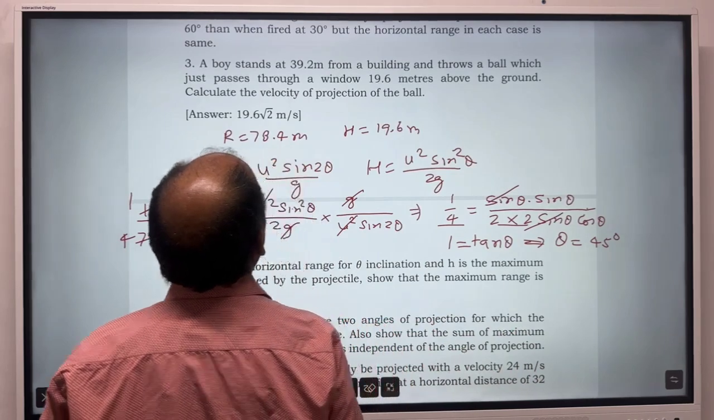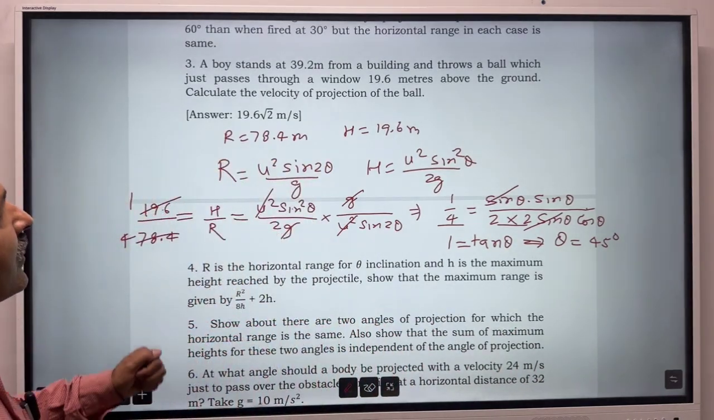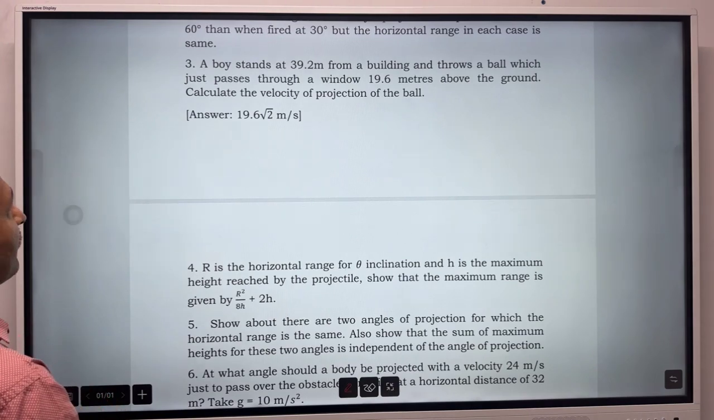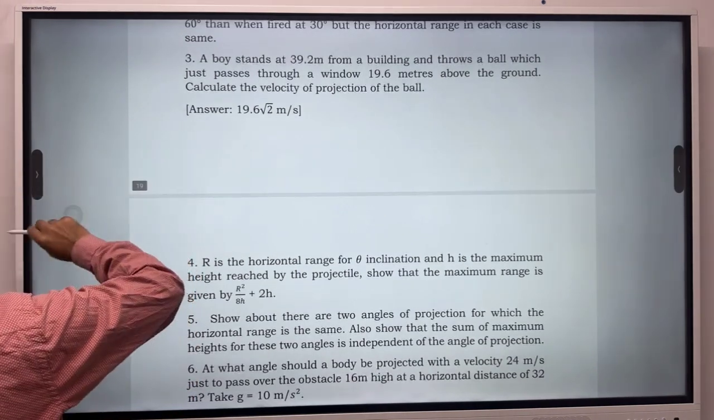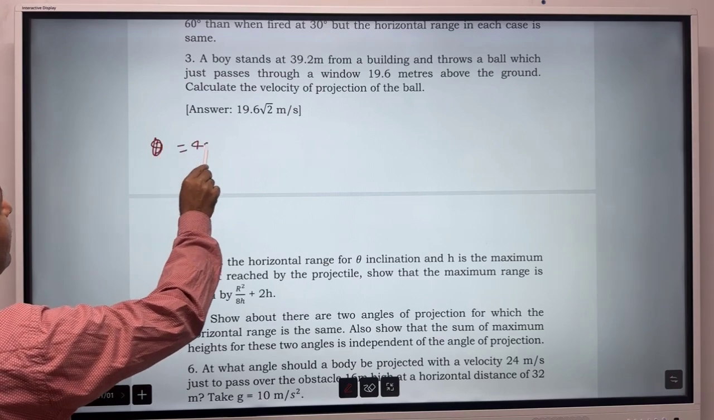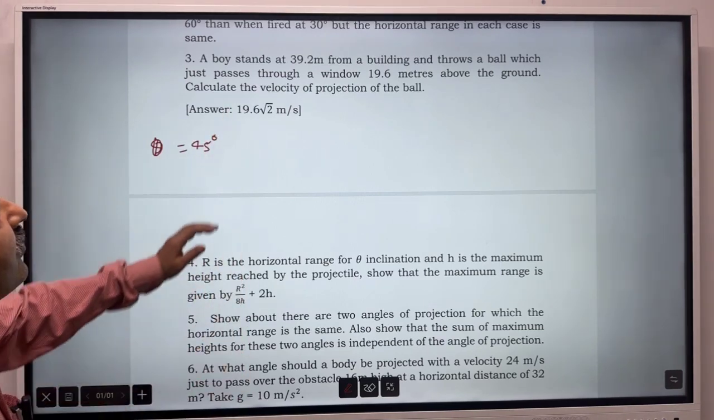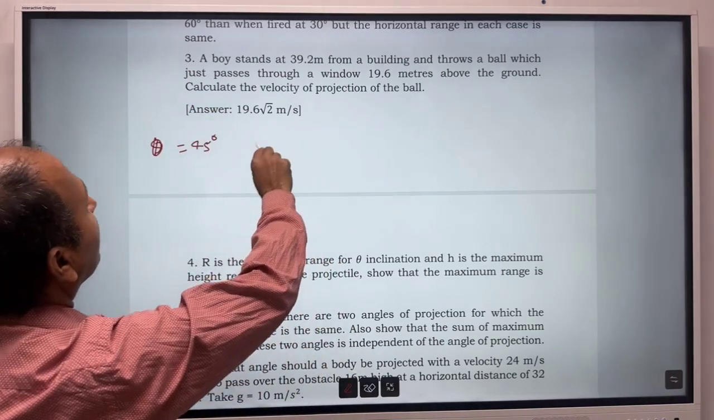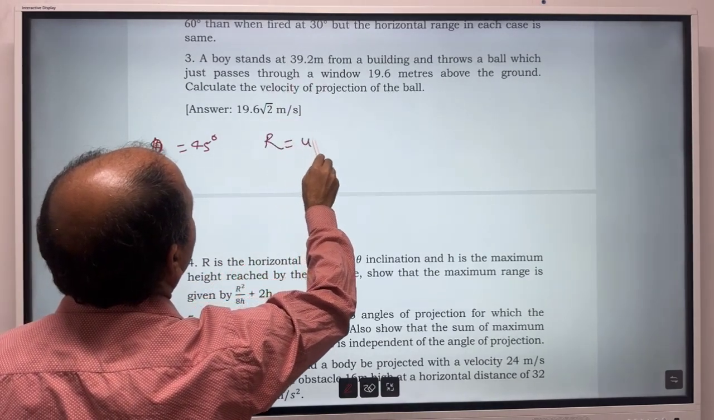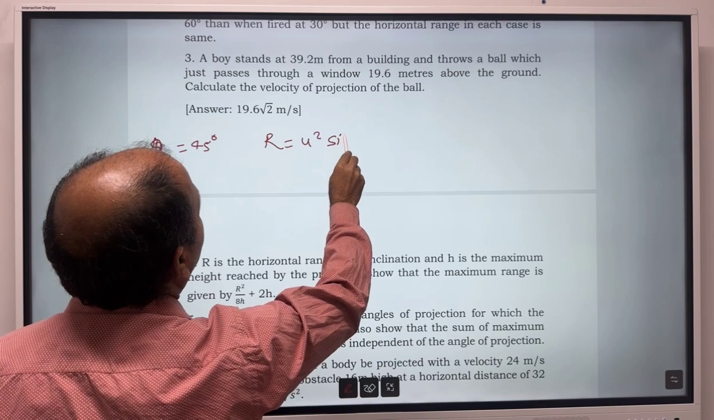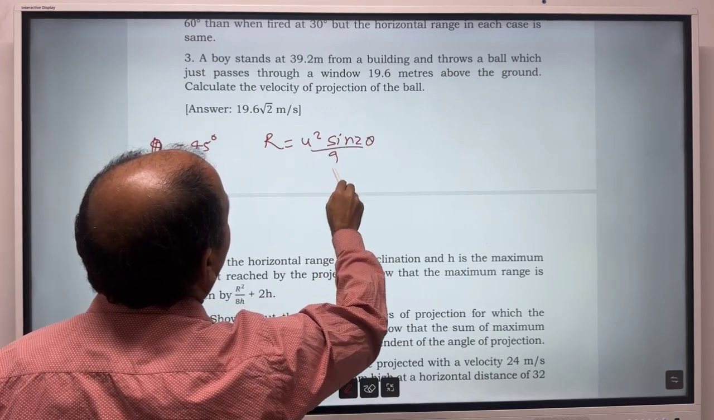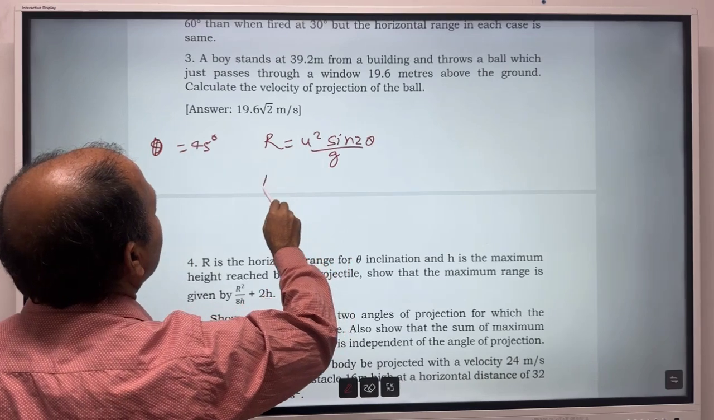So here we have got theta equal to 45 degrees, and we have to calculate what is the velocity. So now we can take anyone, like horizontal range is u square sine 2 theta upon g. So horizontal range is given as